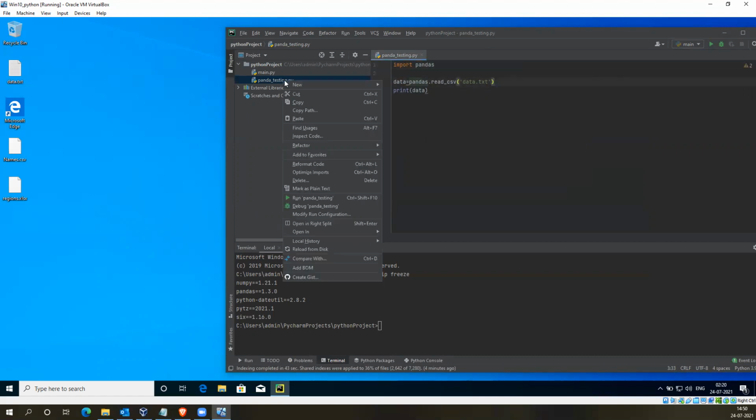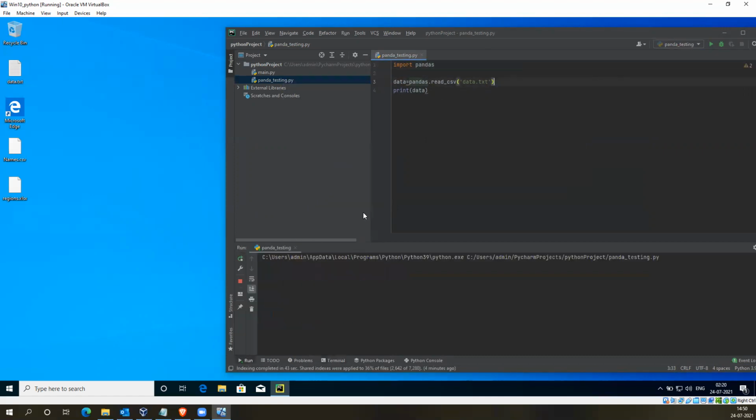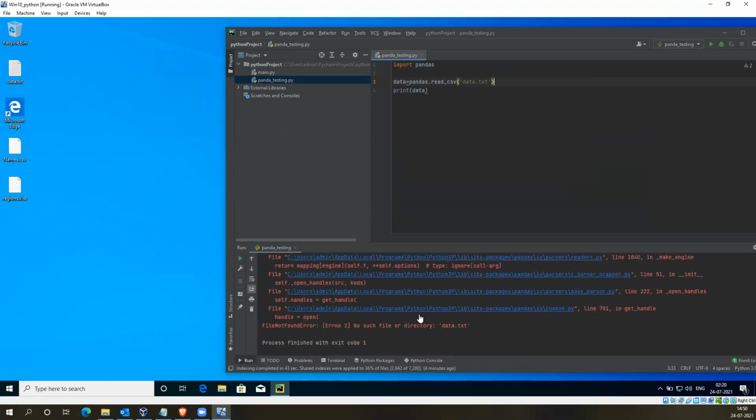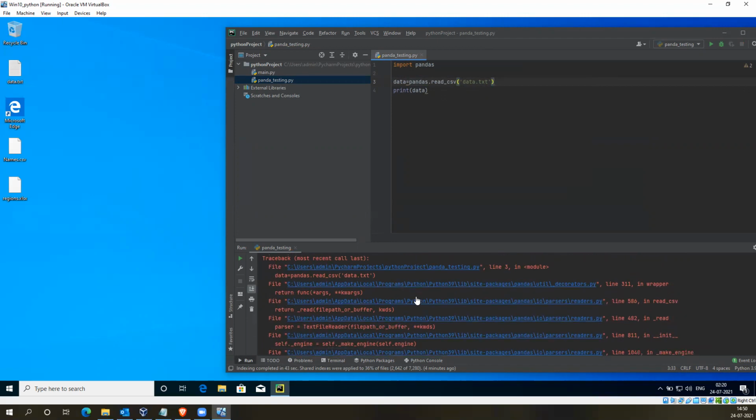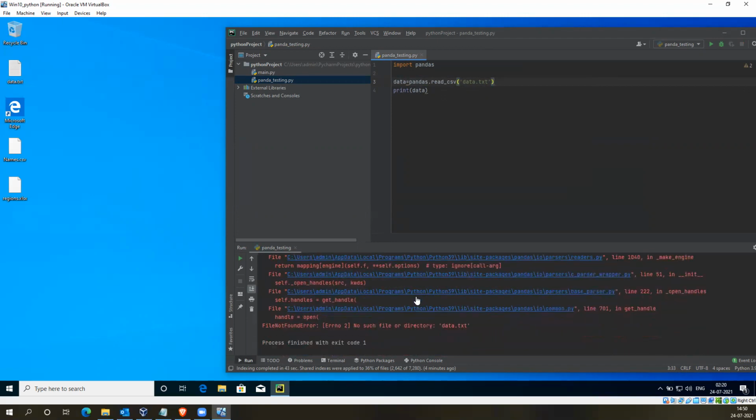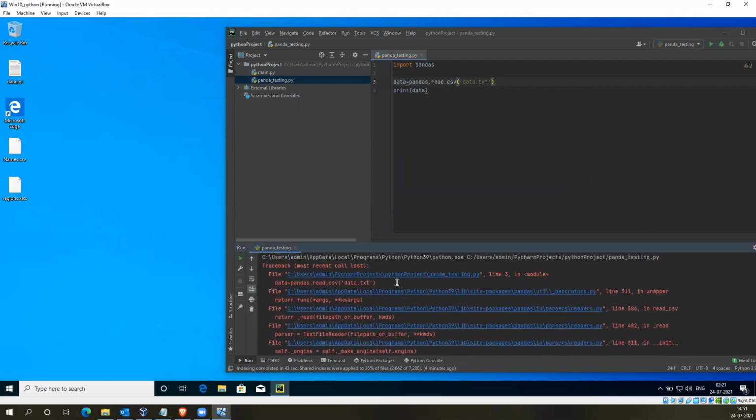Let me check that. Right click on this and click on run pandas testing. What is the error? Line 3, no such file, because it is running in the Python project folder, so it will search in this folder only.